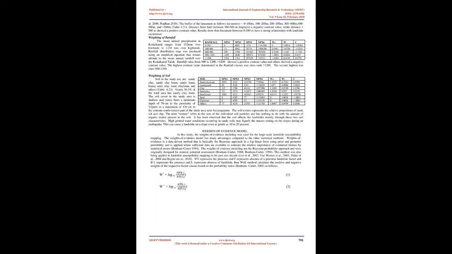It is categorized into 6 classes, in meters: 0-50, 50-100, 100-150, 150 to 200, 200 to 250 and more than 250, Table 4.19. As the higher stream buffer is negative, their relation to the occurrence of landslides is not clear. One of the controlling factors for the stability of slopes is road construction activity.